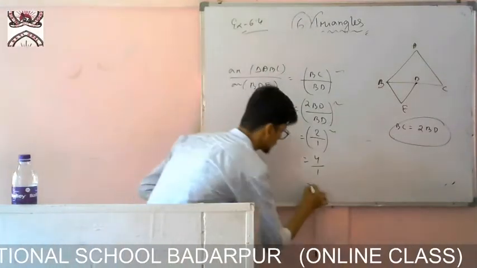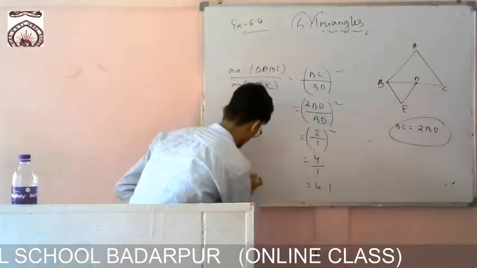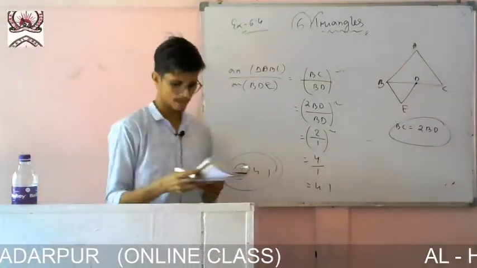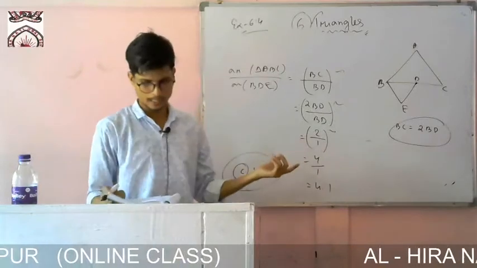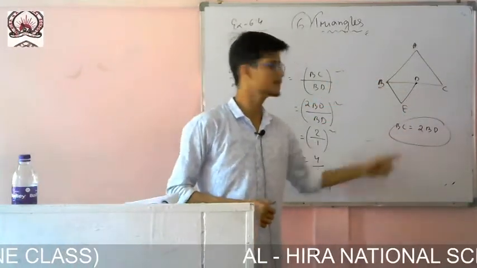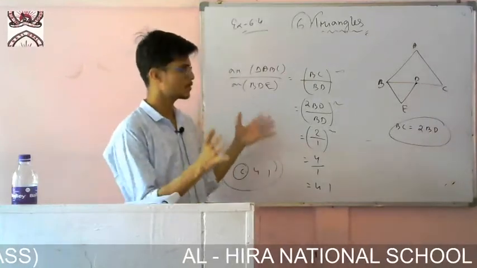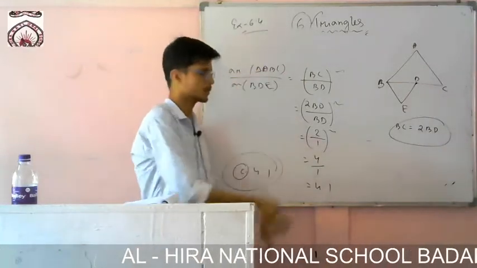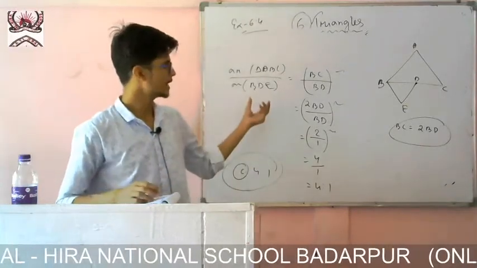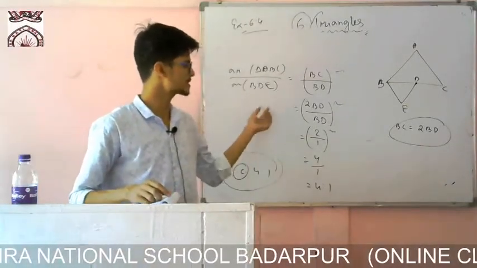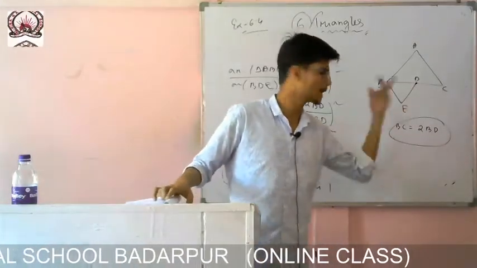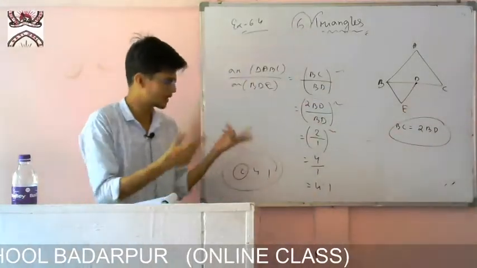4:1, option number C. C is the correct answer. Triangles are given, equilateral triangles. Equilateral triangles are similar. D is the midpoint, so I can write BC as twice BD. It is a one mark question. You don't have that much time, you have to solve and write, you have to just conclude the things. If they are similar, I can write it like this. And D is the midpoint, so I can write BC as twice BD. You just solve it, you will get the answer.